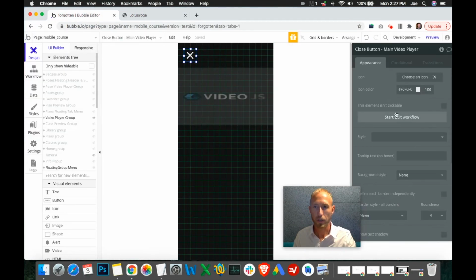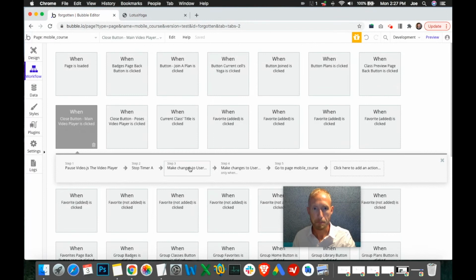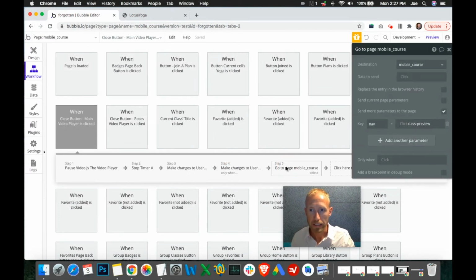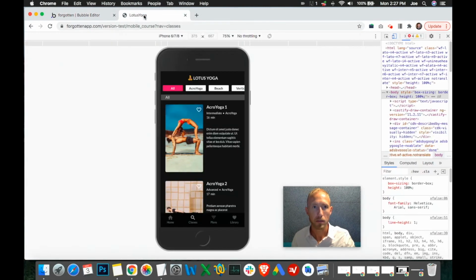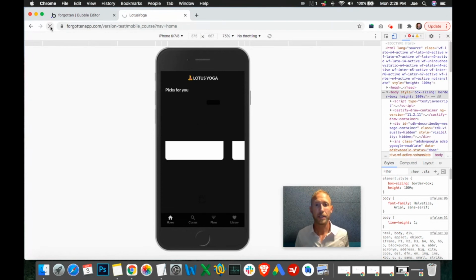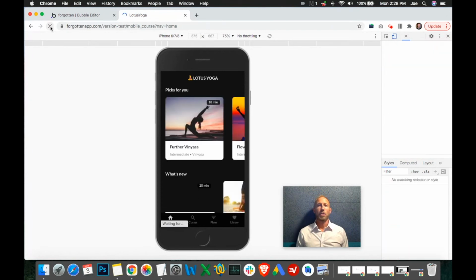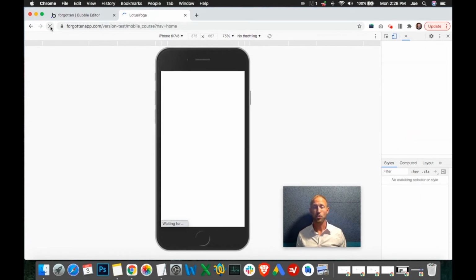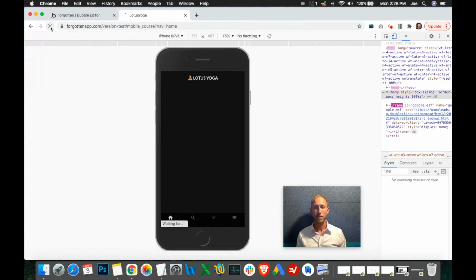Just curious as to why I am not getting the message to update this. I will just go ahead and update this manually. So here's what we expect to happen, is that as soon as you start playing a class, we're